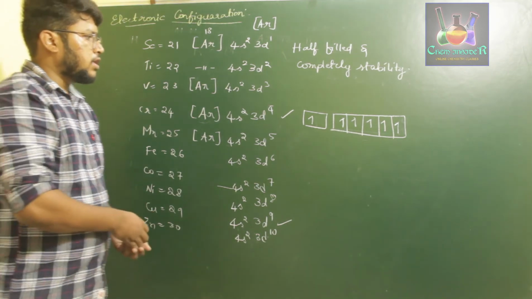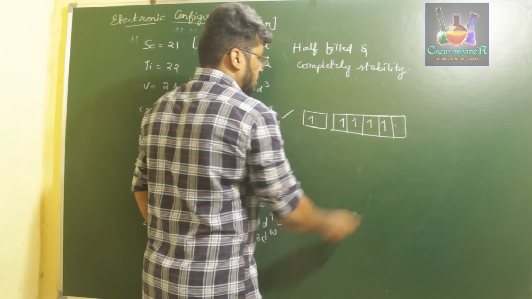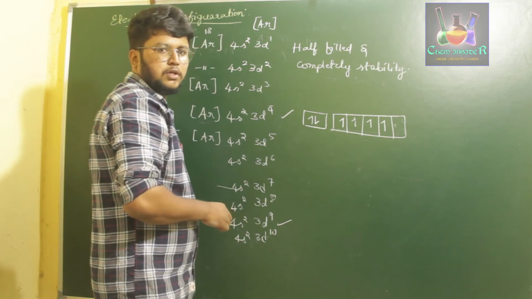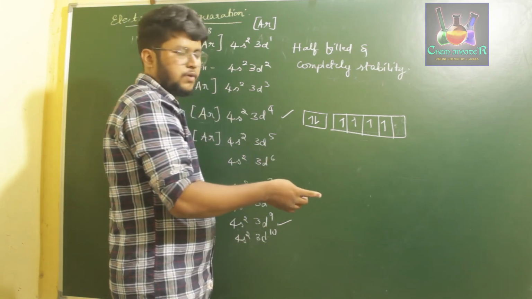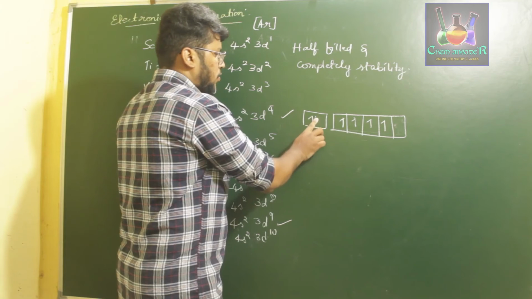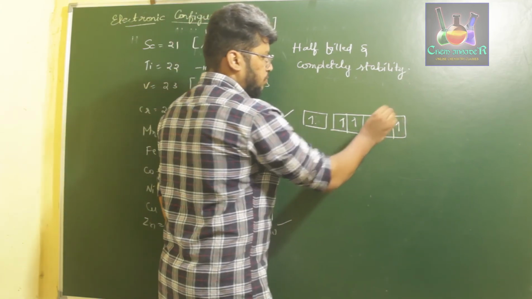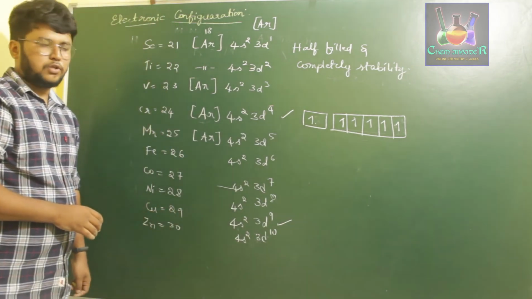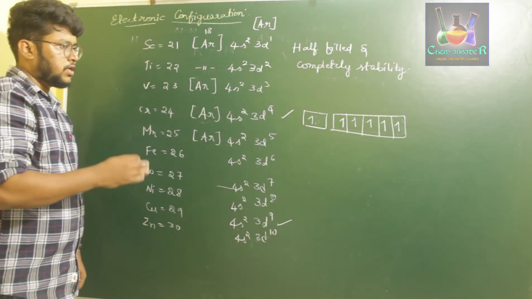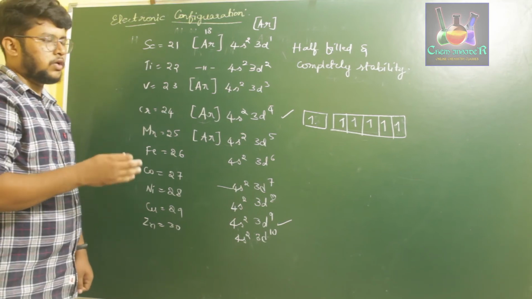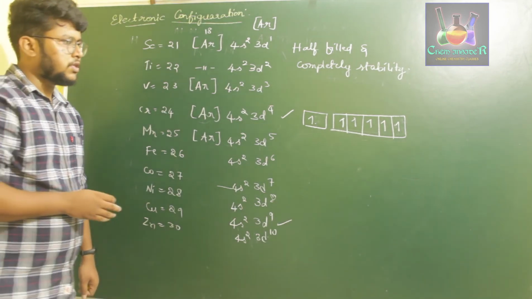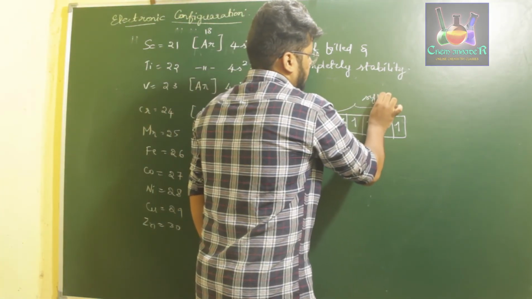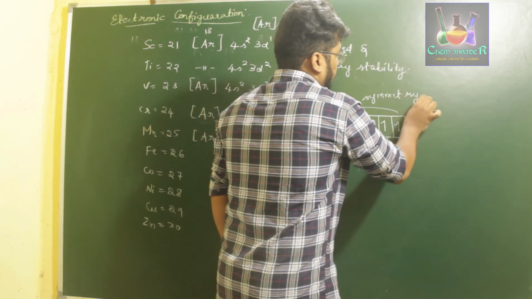If you consider the previous arrangement, we have 1 paired electron and we have 4 unpaired electrons. So this is clearly asymmetric, right? We have 1 pair and 4 unpaired. So once you shift this electron to this position, we have symmetry on all the valence electrons. That is, 4s also has 1 and 3d has 1 electron in each of the orbitals. So this gives rise to symmetry of the d orbital.